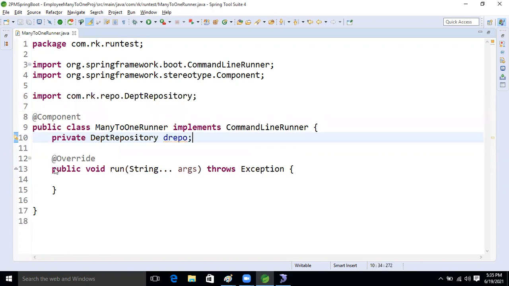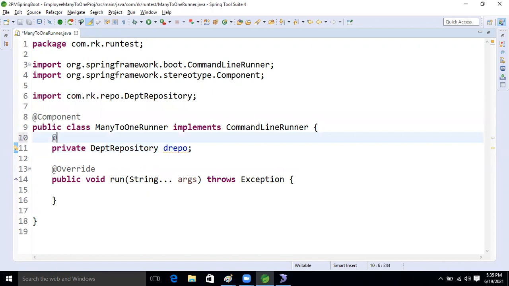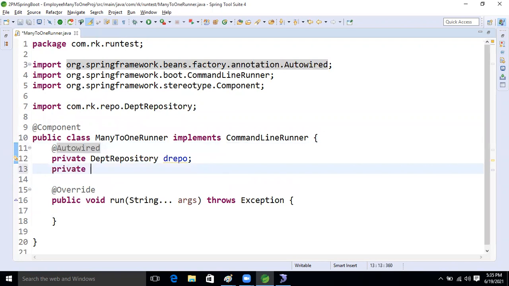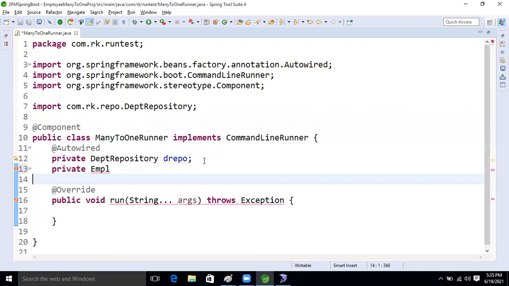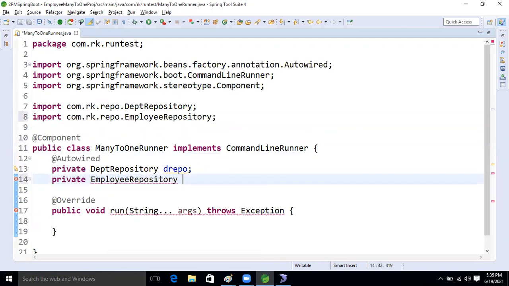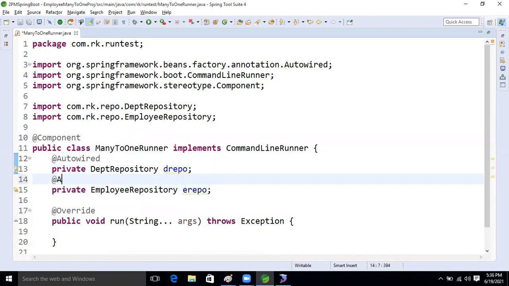We will make it @Autowired. Another one is private EmployeeRepository, empRepo. Now make it @Autowired.